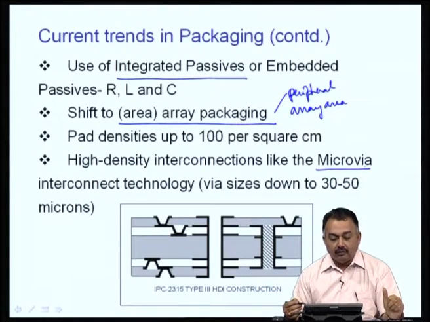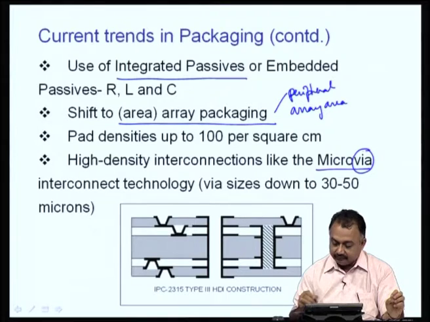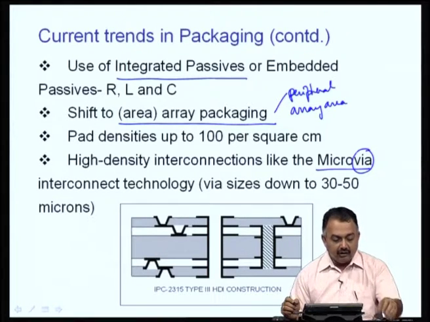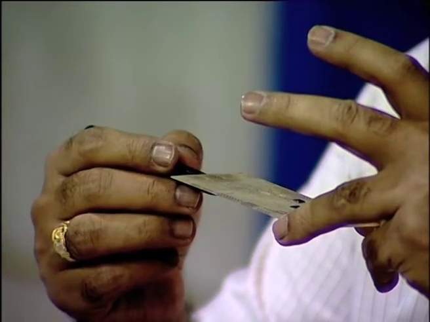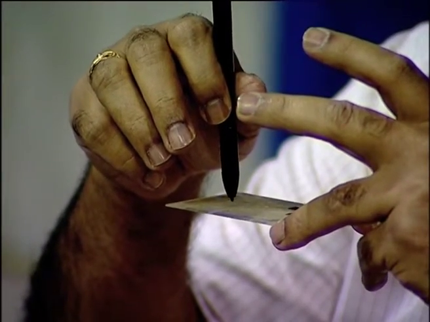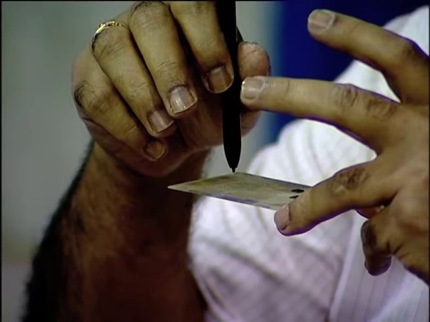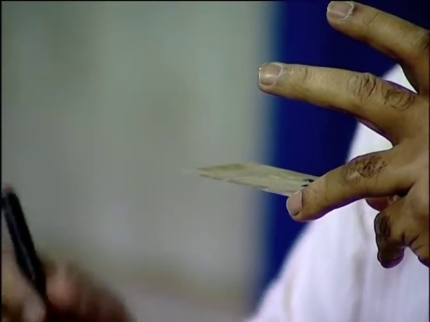interconnect technology. Now, what is a via and what is a micro via? See, if you take a printed circuit board, for example, I am showing you this board here. This board can be built with different layers of copper wiring. On the top surface you see a single layer of copper, and on the other side you see another copper or other conductor wiring. Now, you have to interconnect from the top to the bottom. How do you do that? You have to create a mechanical hole and then make it conductive, right. So, that conductive hole is called a via.